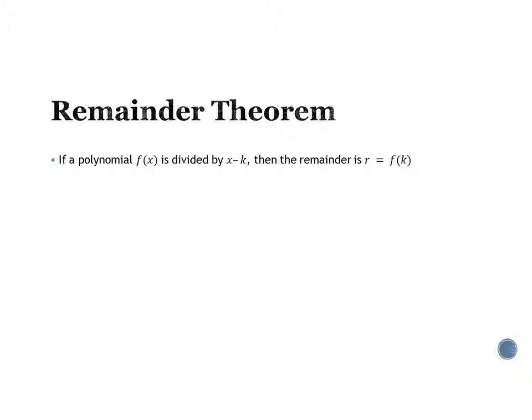So we just divided 2x squared plus 13x minus 7. That was our f of x. We divided it by x plus 6. Notice that'd be the same thing as x minus a negative 6. So this says our remainder, which was negative 13, would be the same thing we'd get if we took f